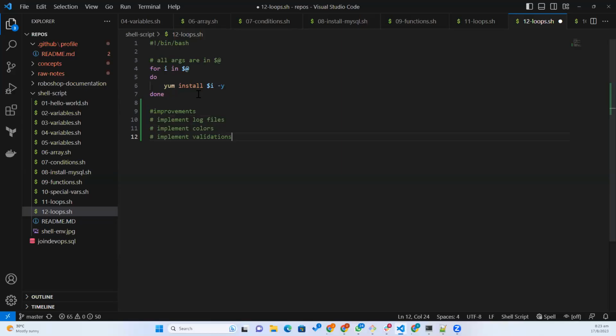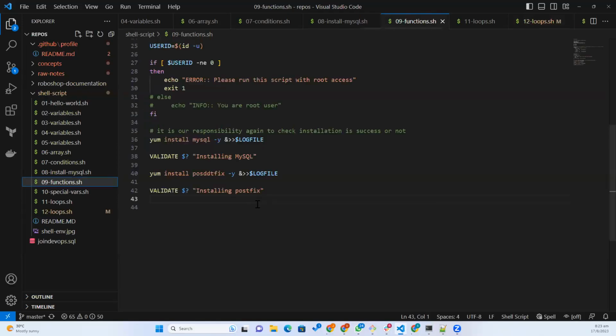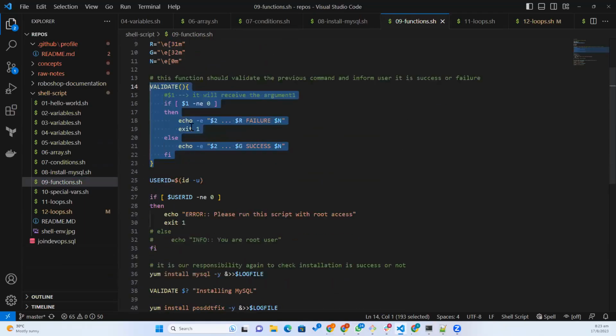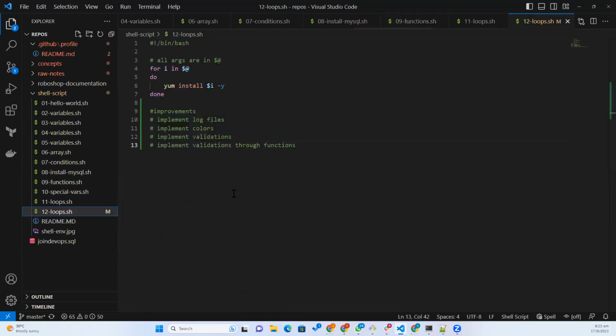And what else can you improve? Whatever we discussed today. Implement functions. Implement validations through functions. Implement all the concepts we discussed today. Create a log file like this, and then implement a function like this. Do the validations using the exit command, and finally